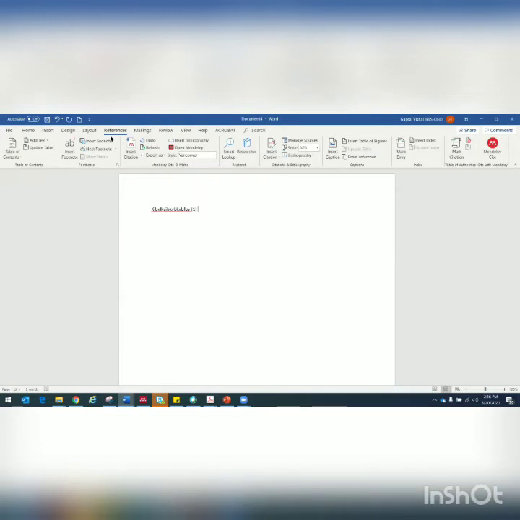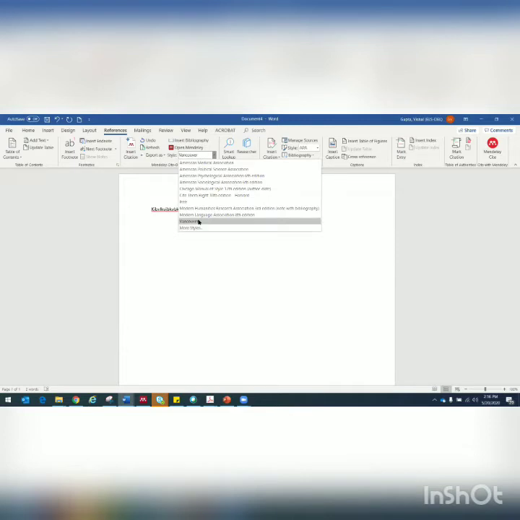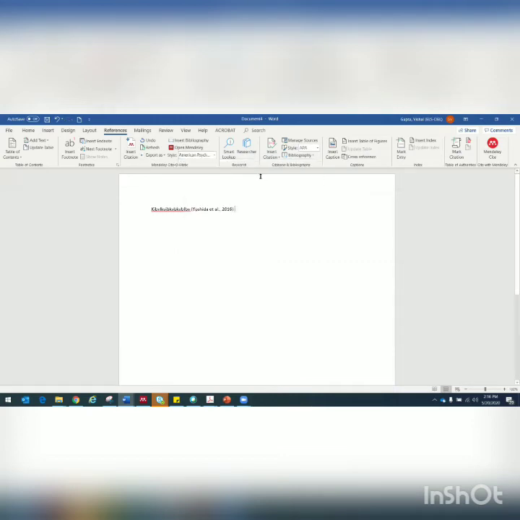Now we want to know which format this is in. You see on top there is a style box. If you click on this style box, this is in Vancouver style at the moment. I want to change it to APA style. So this is the APA style, and this is the 6th edition. I click here, it changes to APA style, right? And now I continue writing.